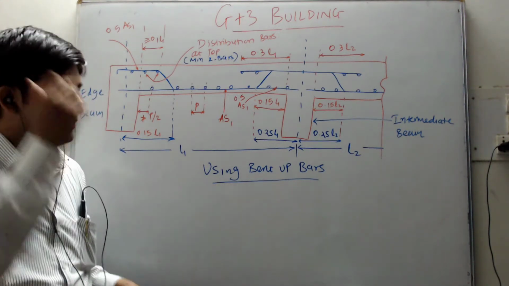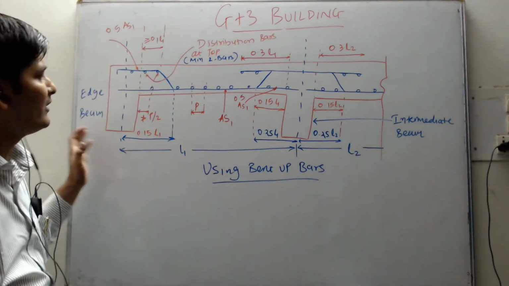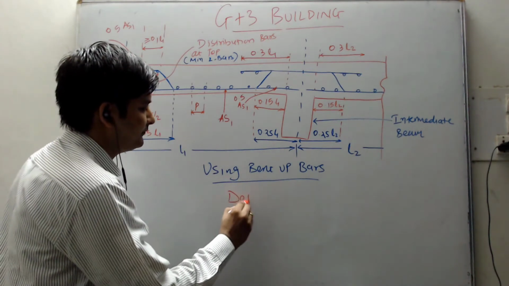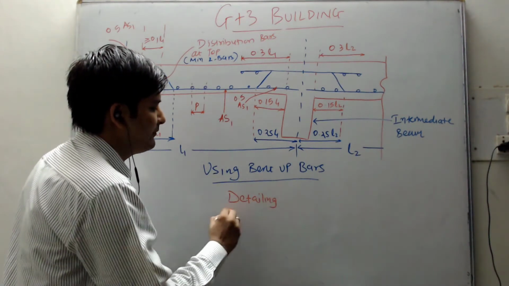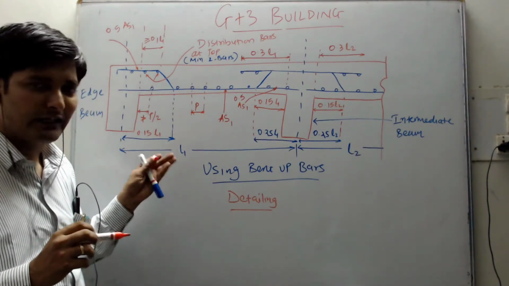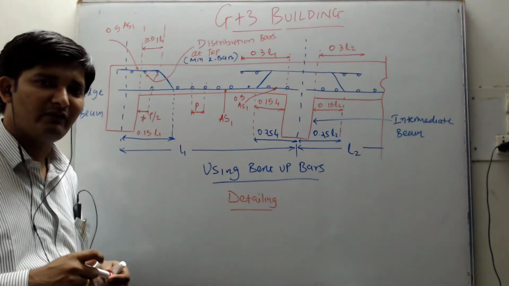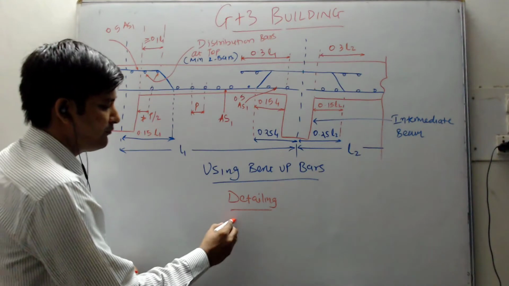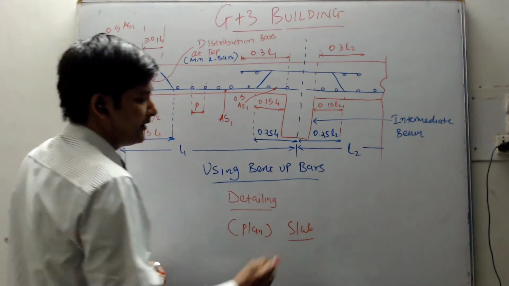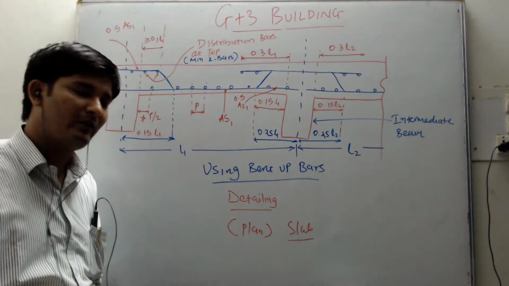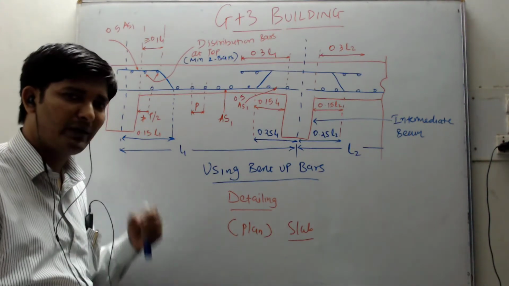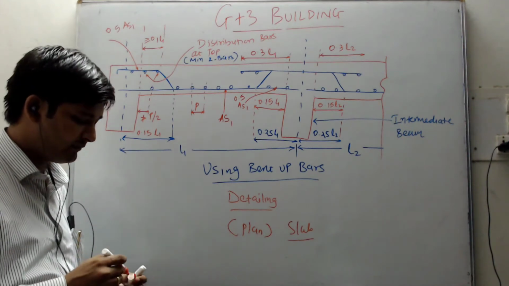The figure that you can see on your screen here is a one-way continuous slab detailing figure. Detailing means how to draw the steel. Most probably the drawing or detailing of the one-way slab or any slab will be given in the plan format. This is one of the things that you need to remember, that whenever we prepare the drawings or detailing for the slab, it is mostly prepared in the plan format. And how to prepare that, what are the things to be mentioned, is given in SP34.